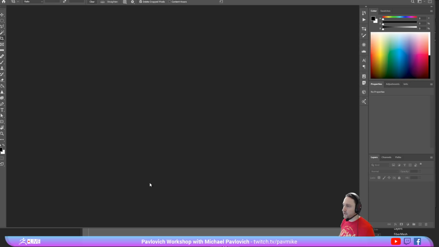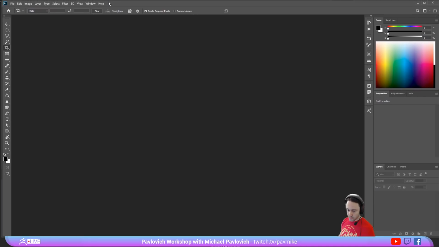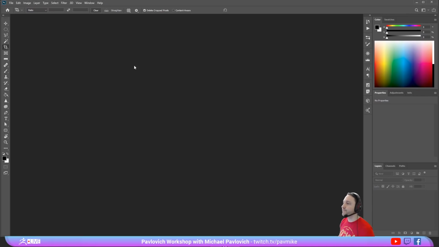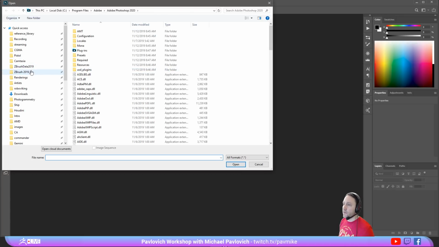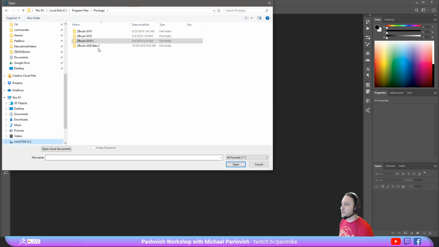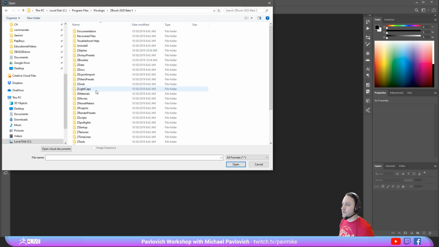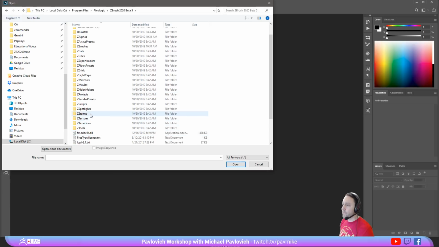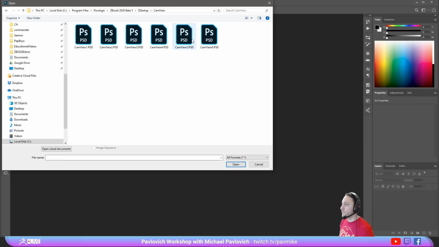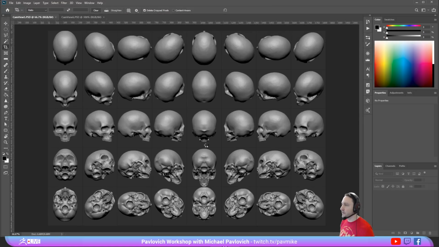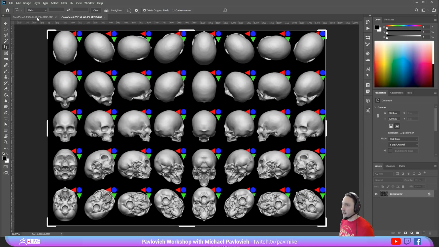Alternatively, you can go in here to Photoshop. Make sure you can see all this. There we go. So in Photoshop, we'll go ahead and open these up here. Again, we're going to go to your ZBrush version, then our Z Startup, Cam View, and then Cam View 5. Let's open up 5 and 6. So Cam View 5 is our one without the arrows, and our Cam View 6 is the one that's transparent